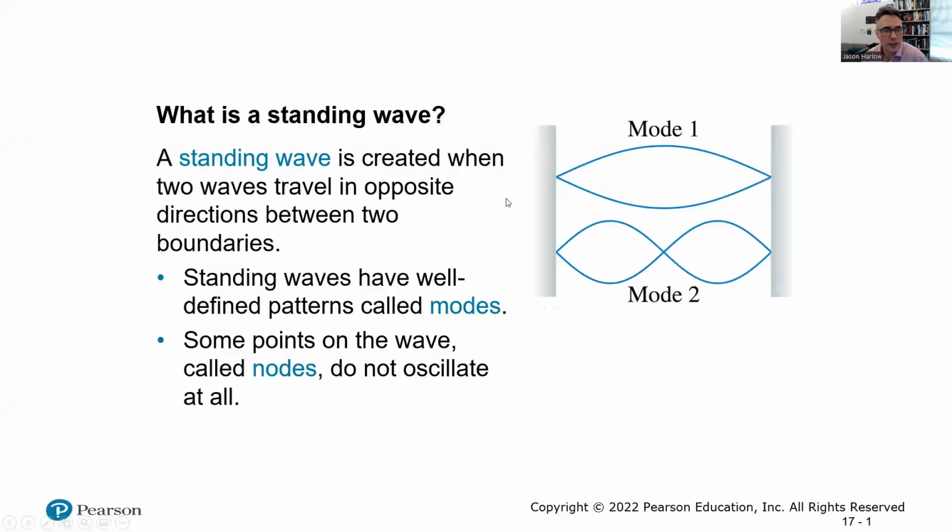Hi there, Physics 152. Let me walk you through some of the theory behind the standing waves experiment. So a standing wave is created when two waves travel in opposite directions between two boundaries. Standing waves have well-defined patterns called modes, and some points on the wave called nodes, with an N, do not